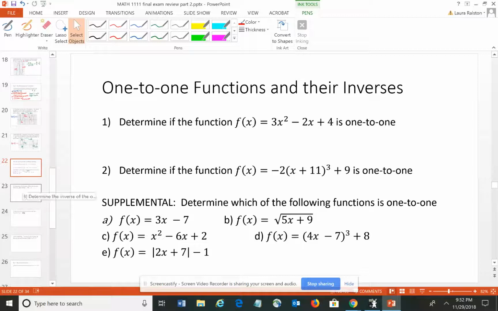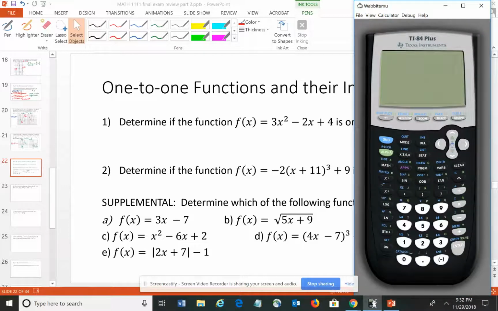The next group of questions ask you to decide whether given functions are one-to-one. And guys, the easiest way to do this is going to be to use your calculator and put the equations into your calculator and create the graph and use the horizontal line test. So if I'm doing the first one on my calculator, I would press y equals. I'm going to clear out what's in there, and I would type in